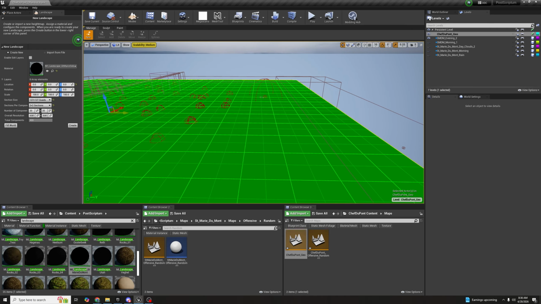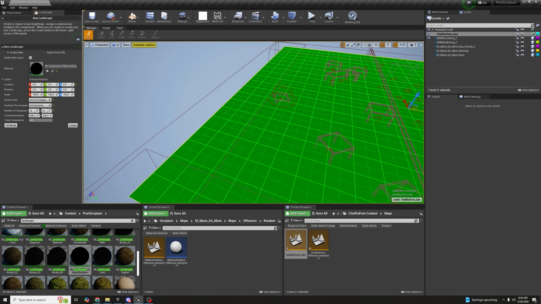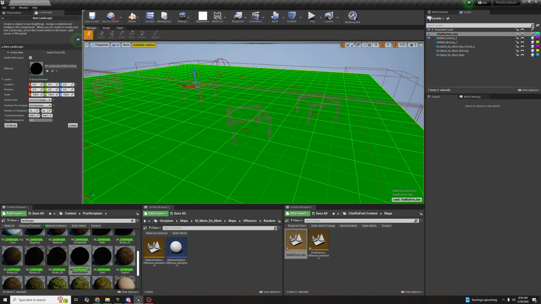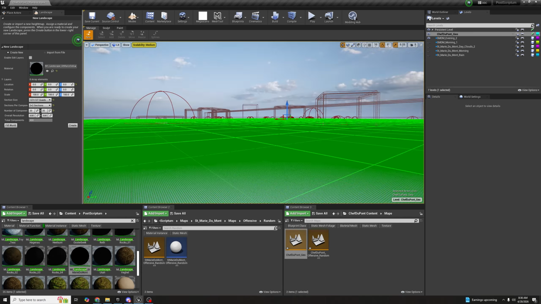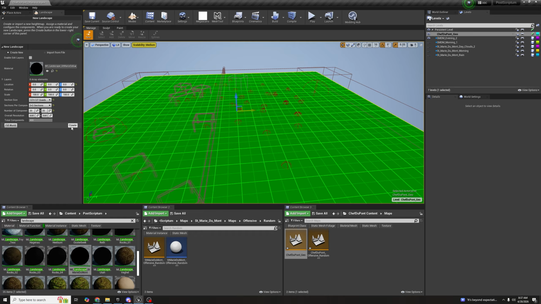You could set that to be whatever you want. There might be a reason to do 0, 0, 100, but I wanted it to line up with what St. Mary du Mont was, which it looks like it was 0, 0, 0. And yeah, now it looks like we are good to go on the landscape. So I'm going to hit create. All right, and our landscape is here,